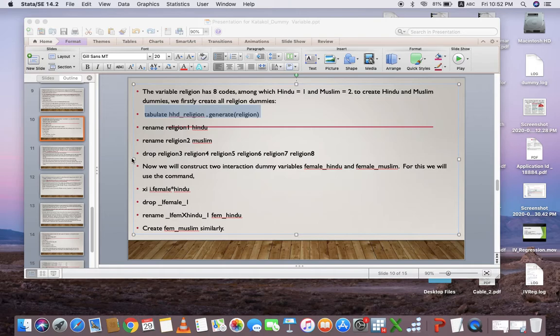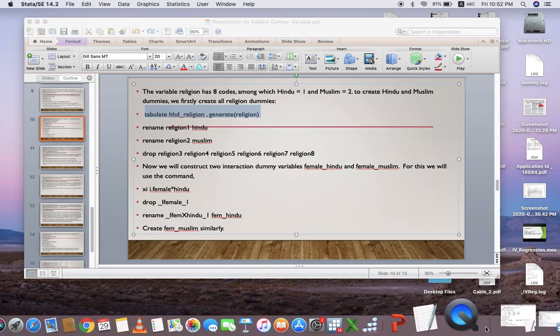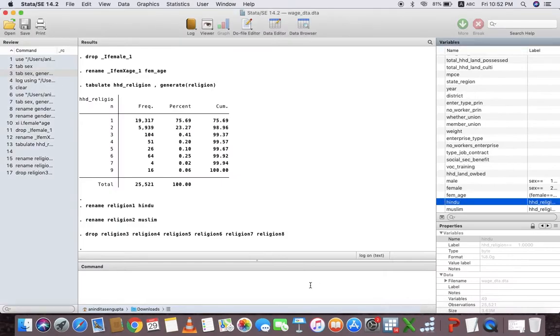Now, we will construct the interaction dummy variables with female. So, female Hindu and female Muslim, and this is also the simple command xi space I dot female star Hindu.